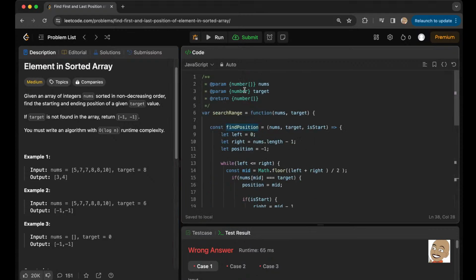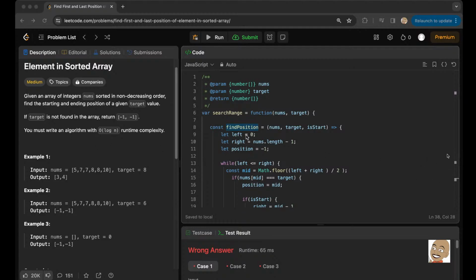And let me just go over my code here to see if it is good. So I make a method find position, and then we pass in these variables. Nums, target, is start. I have some variables here, left, right, position,